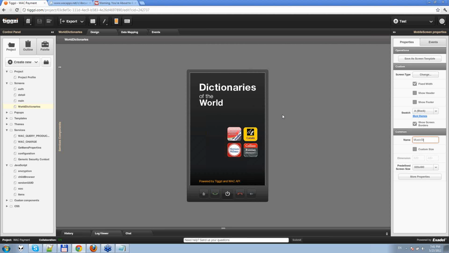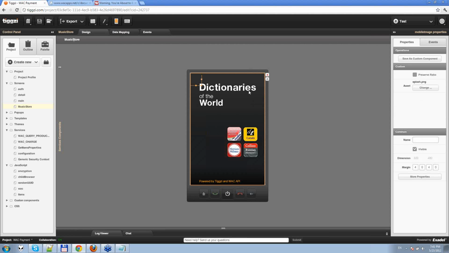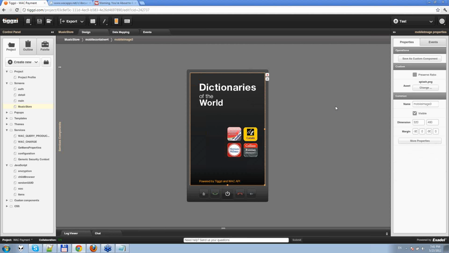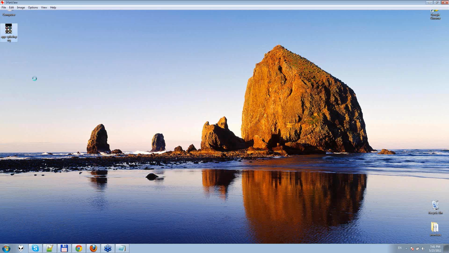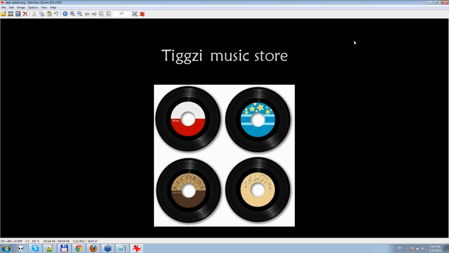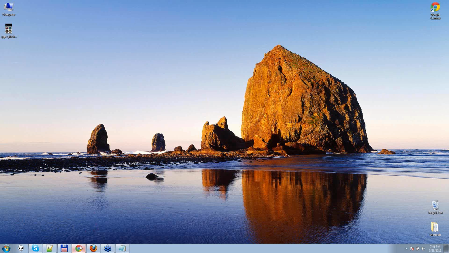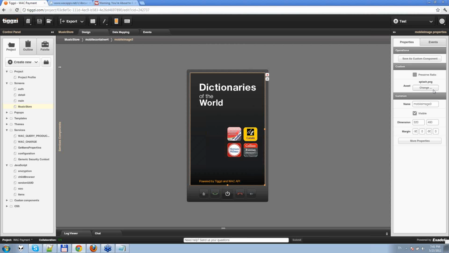It would be Music Store. I'm also going to change this image to another one. I have already prepared an image for our app. It's called AppSplash, and it's located on my desktop. So I'm going to change this asset,